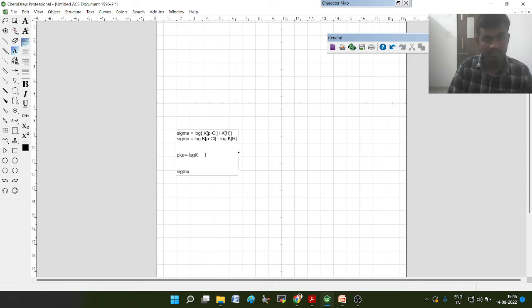Now what I will do, sigma equals, what I will write, minus log of K of PCl, which would be pK of the parachloro part, and then since it is minus log of KH, I will have a plus sign. I am considering minus log of pKh, so pKa of the hydrogen part, the benzoic acid part. Just a second. So we are almost done. So sigma equals,